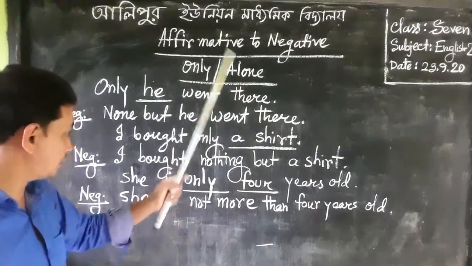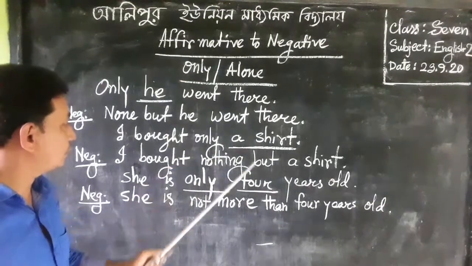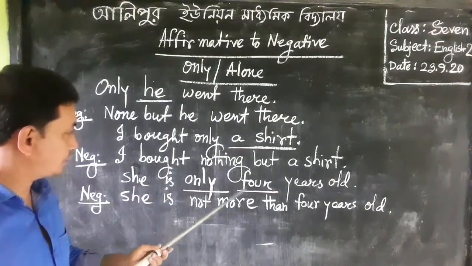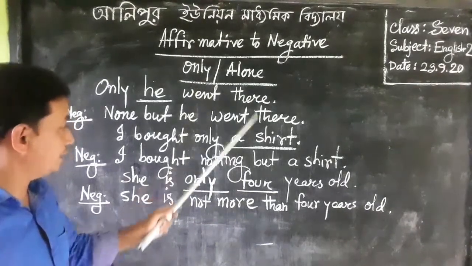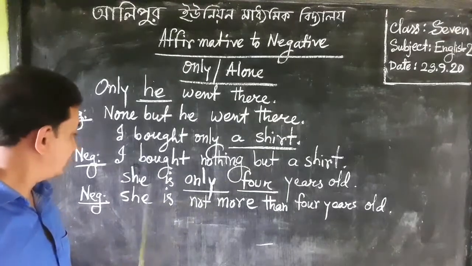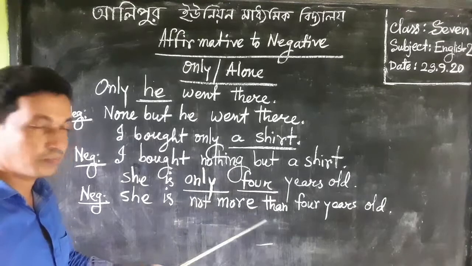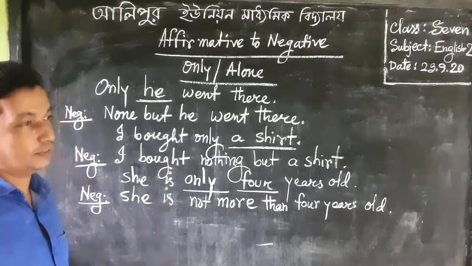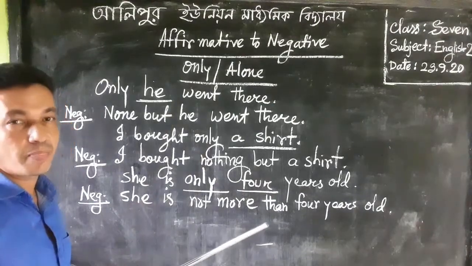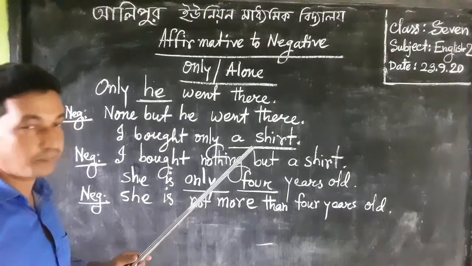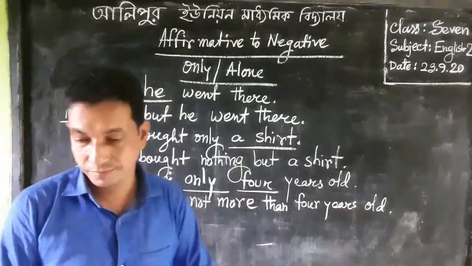Okay, dear learners, and last of all, we have seen that only or alone indicates 4. This is a figure, and if only or alone indicates any figure, then we can change only or alone into not more than or not less than. Okay, dear learners, this is the important rule of affirmative to negative. Our first rule we can say, and our second rule is